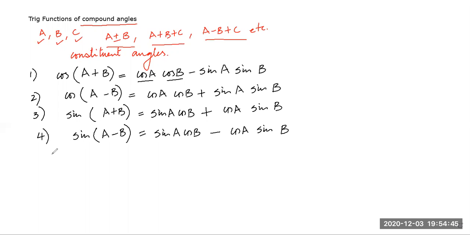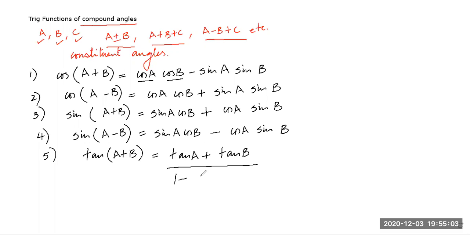Then we have the fifth formula. So the fifth formula is tan of A plus B. Well, this is equal to tan A plus tan B divided by 1 minus product of tan A